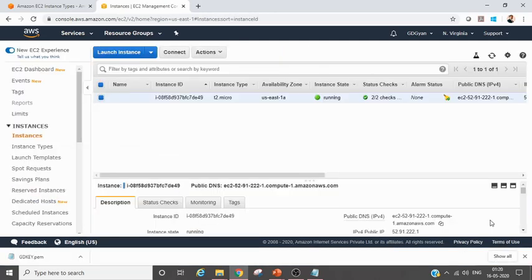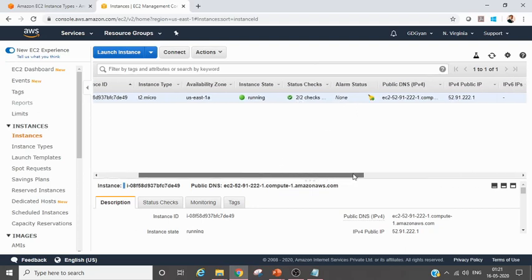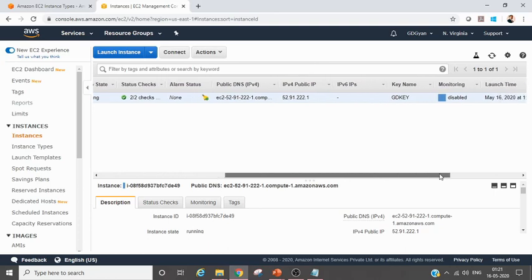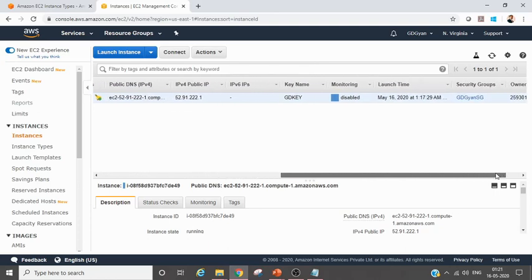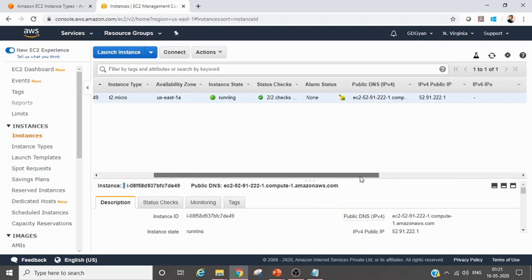It's been some time to launch the instance. I was just waiting to commit, so I just do a refresh here. Let's see. So you see that my instance is created, t2.micro in that 1A zone. You remember, it's in running state. System health check status green, so it's good. No alarm, and I got the public DNS IPv4 IP. Monitoring is disabled, all those things, right? Security group is GD Gyan SG, the security group that we created, right? Okay. Owner is also given.